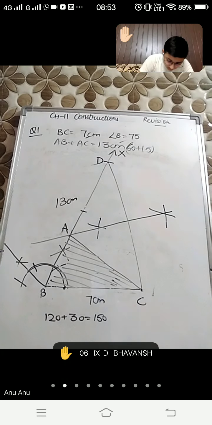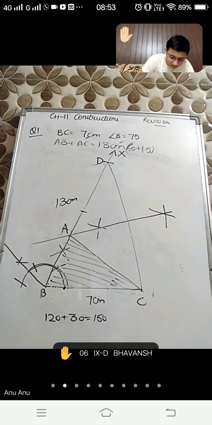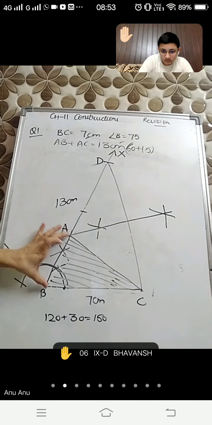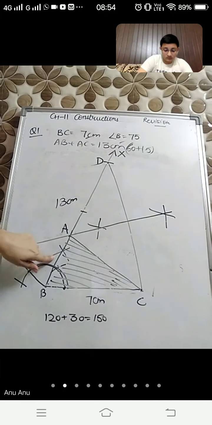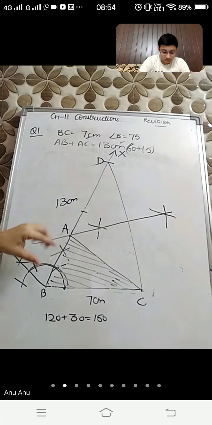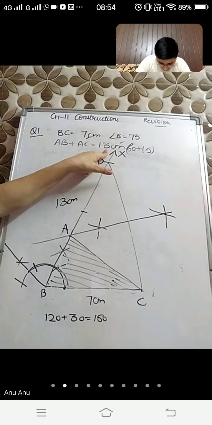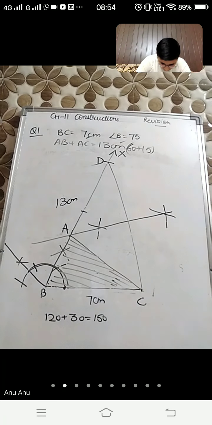Okay, is it okay? So this is your first question, and the justification is you will find the sum of AB and AC, and the sum of these two sides must be 13. And if you are getting a little bit point difference, you can reduce it and you will make 13 centimeter, because some difference can be there in the measurement because of the arcs. Okay, so this is your question number 1.